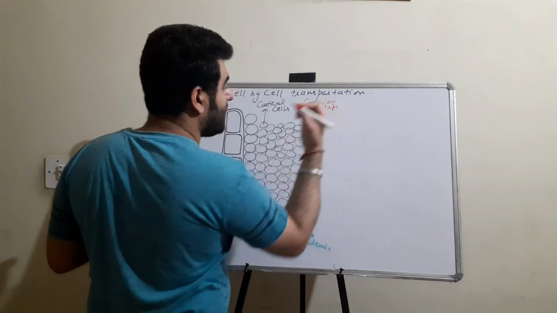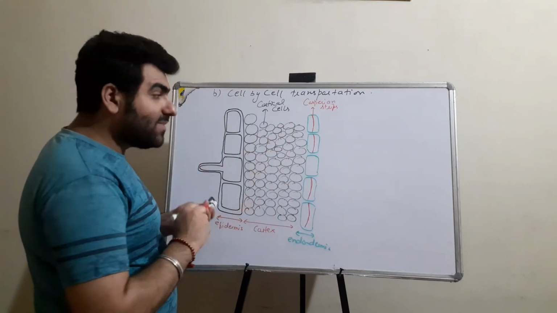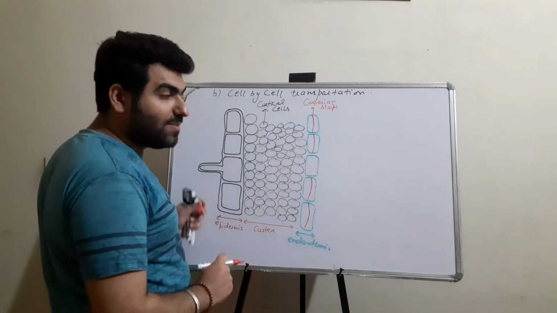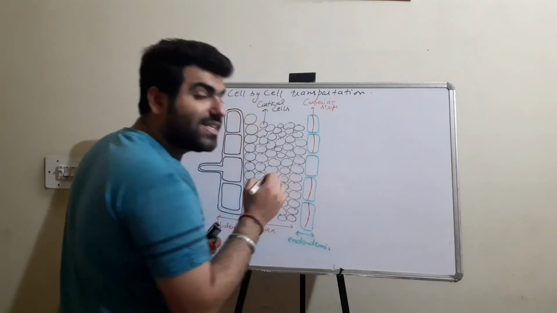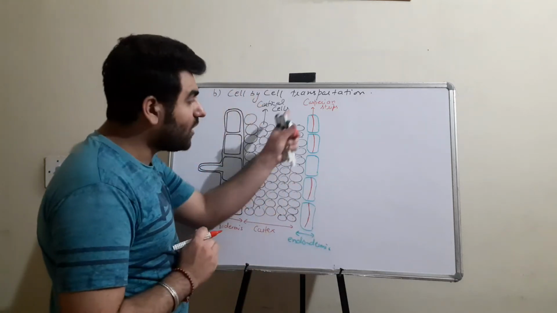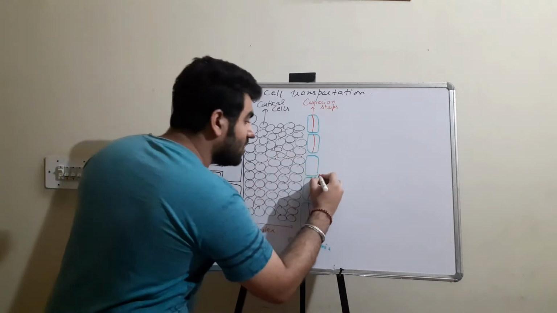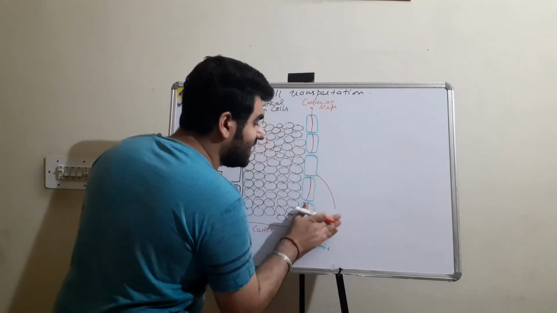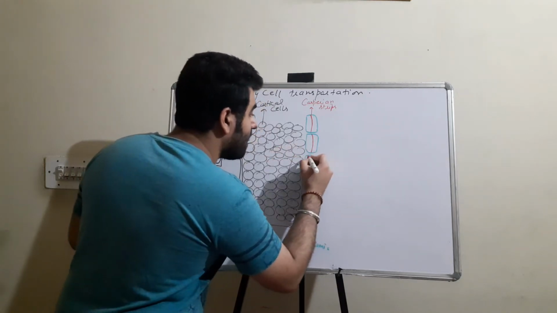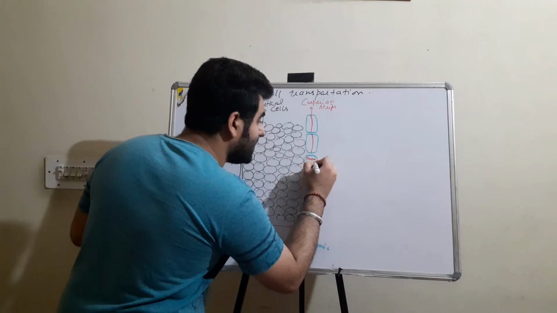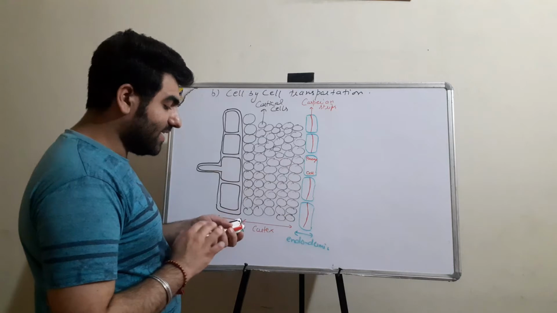These Casparian strips prevent the flow of the water. There are some cells where the Casparian strip is absent, and from these cells the water will be transported further. These cells provide the passage to the water while the other cells restrict it. So this cell which allows, this is known as the passage cell. I am not labeling it here because we have to make the other layers. So let me write it down here. This is the passage cell. Alright. So this cell over here is the passage cell.